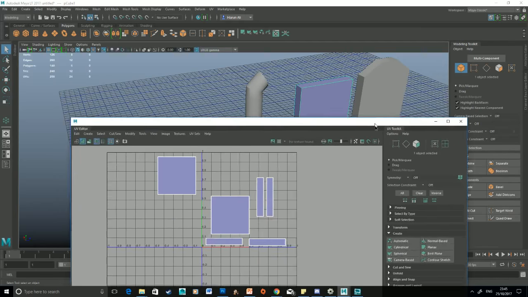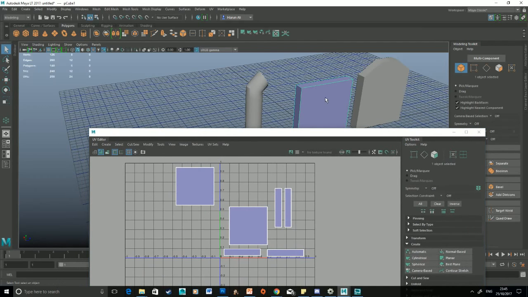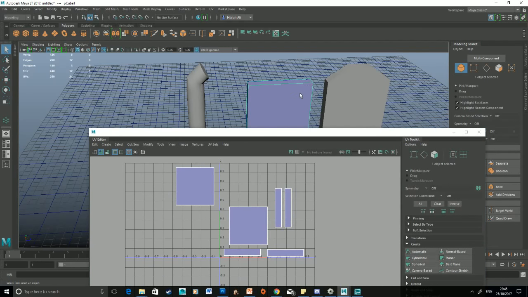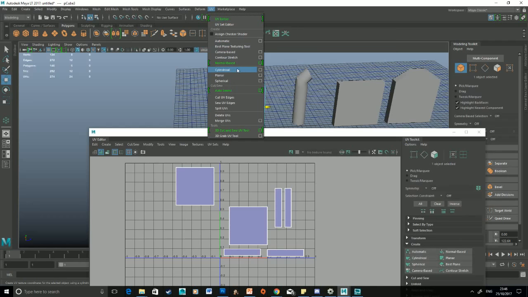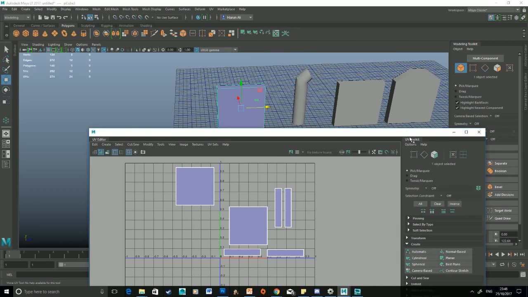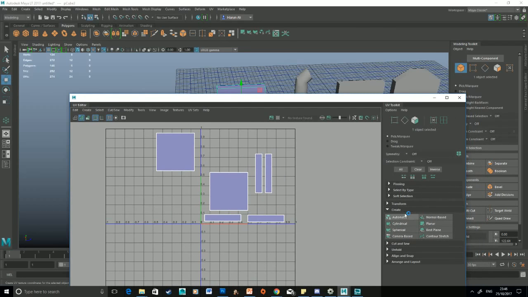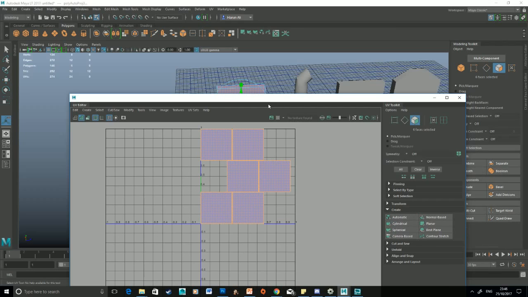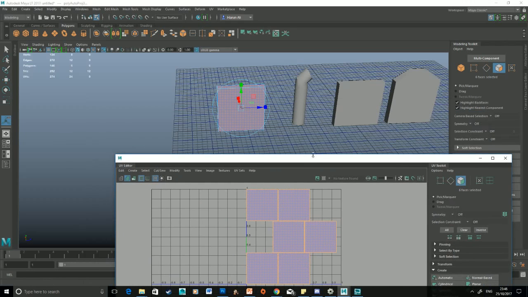Now we also have the create tools. So for instance, right now, if I quickly duplicate this cube and move it across, and I want to UV wrap this, I have to go to say UV, cylindrical, planar, etc. But in the actual UV editor itself, or in the UV toolkit, we actually have the UV wrapping options right here from the get-go. So for instance, I can just click on this to do the automatic UV wrapping,